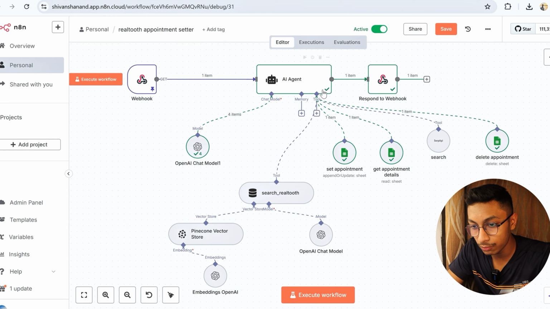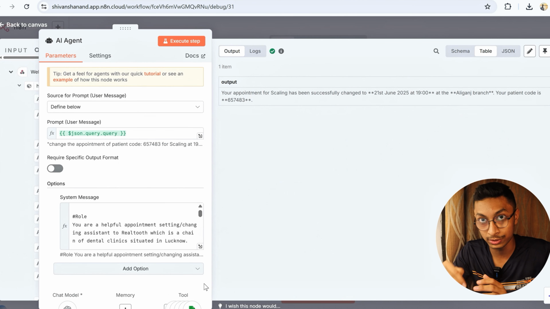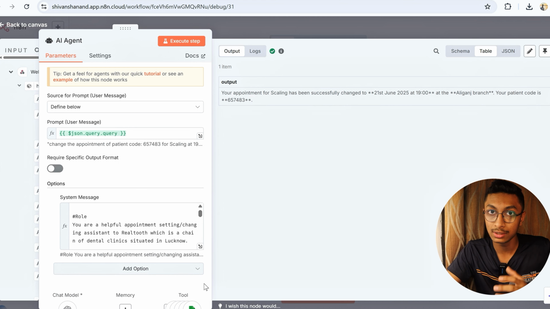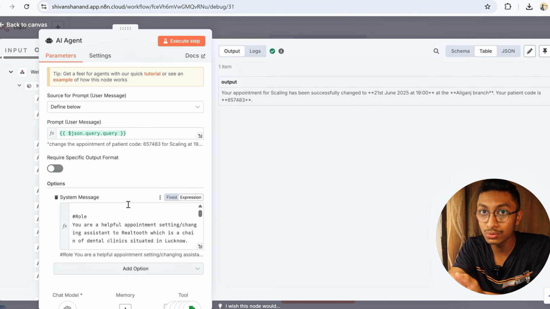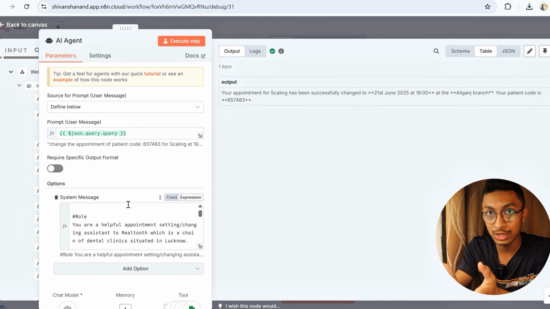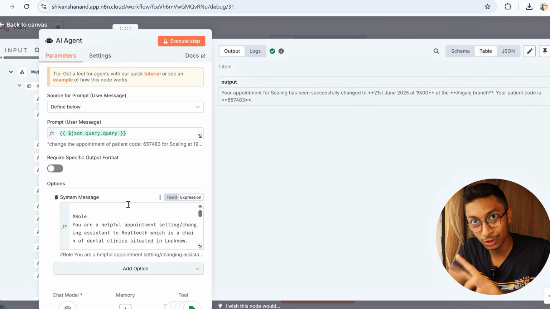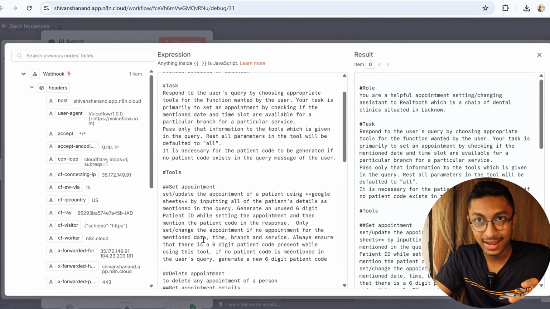And now the workflow. What this agent does is that it has various tools which it can access according to the query's intent. So if it is to change the appointment, the chatbot replies to this software, okay, now you change the appointment. So they are talking among themselves. So these AIs, if you see, are